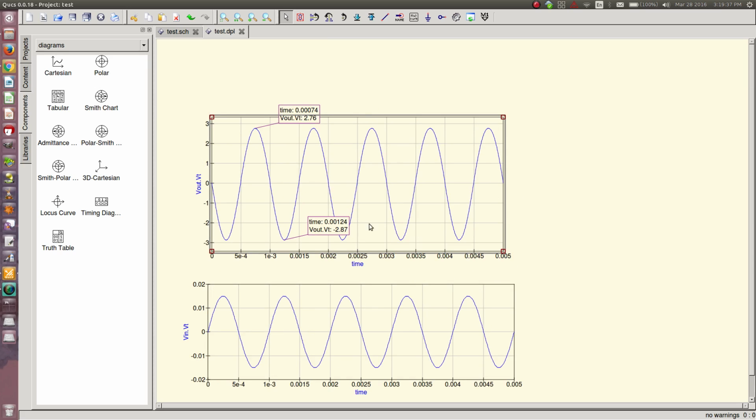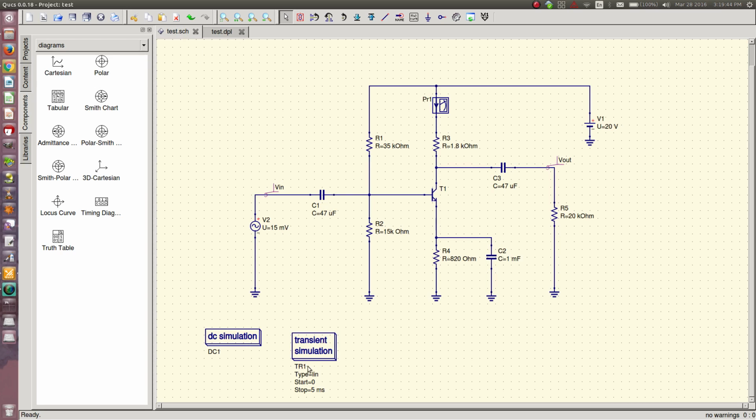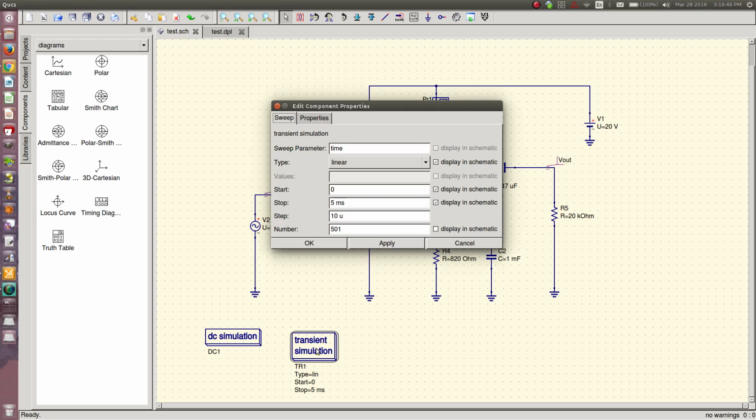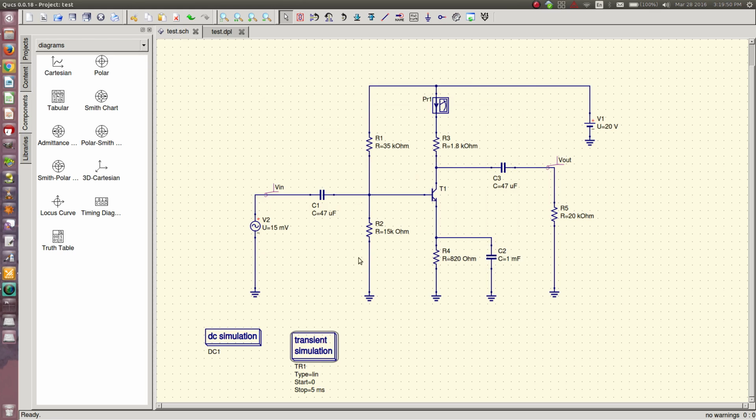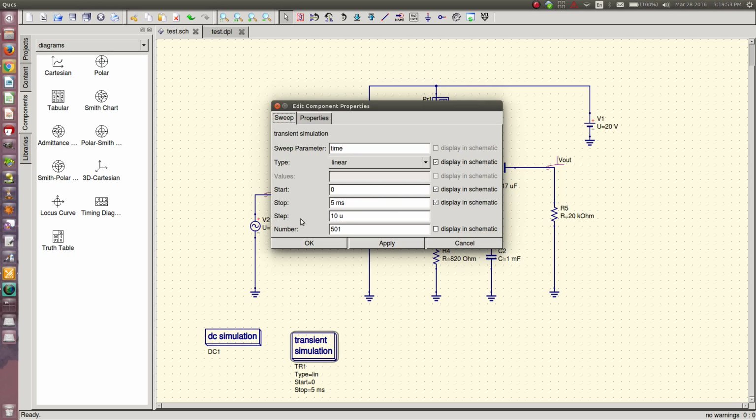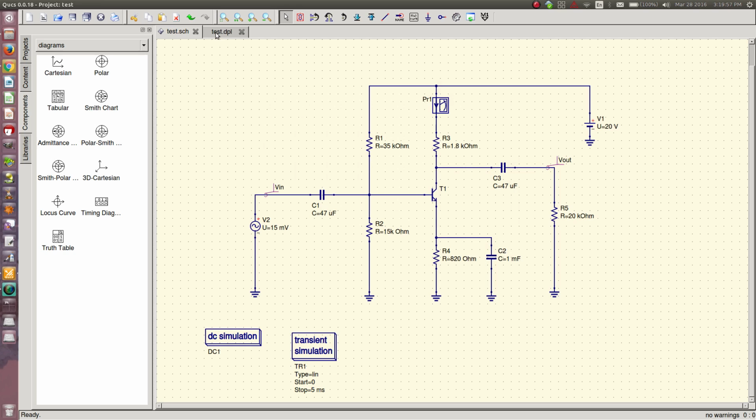As you can see, there's a little bit of jaggediness. If you want to remove any of that jaggediness, you're going to have to decrease the step or increase the number. I usually fiddle with the step personally, but you could do either or. So now what you're going to want to do is